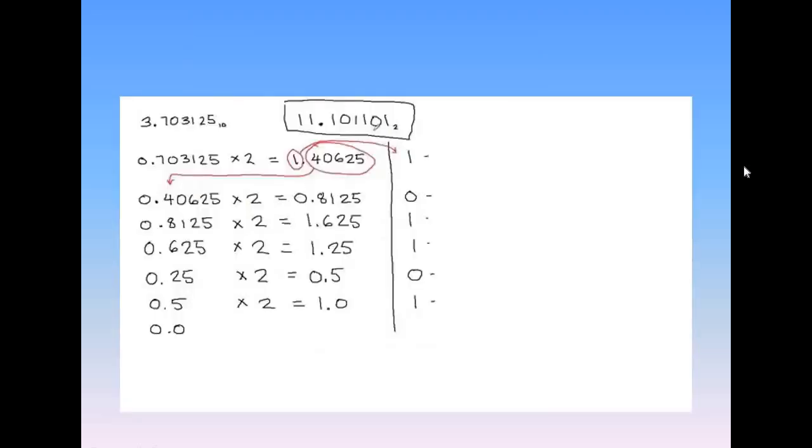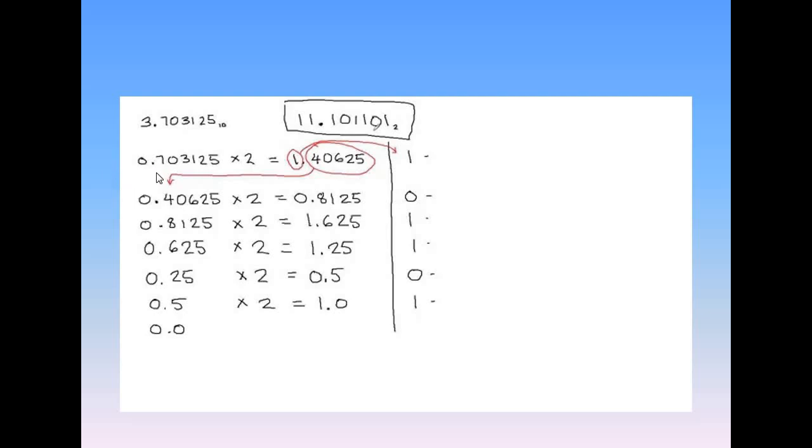Now sometimes the numbers we have to convert are in fractions. Now what to do? Suppose the given number is decimal number 3.703125 and you are required to convert it into binary. So converting 3 into binary is easy. We know it is 1 1. So we keep this 1 1 as such, and the number after the decimal will be converted separately. Let us see what we get and how we proceed about it.